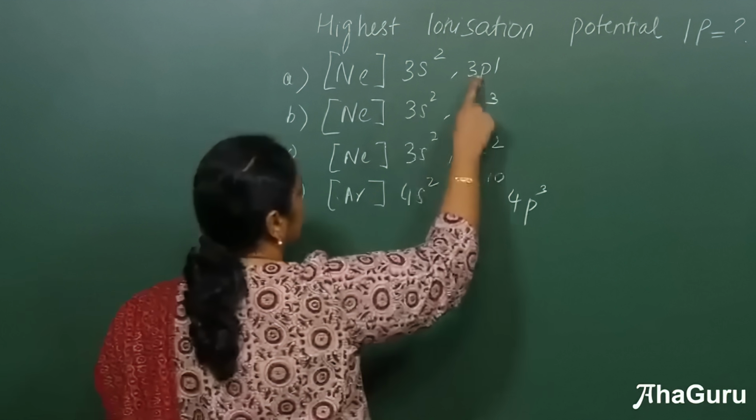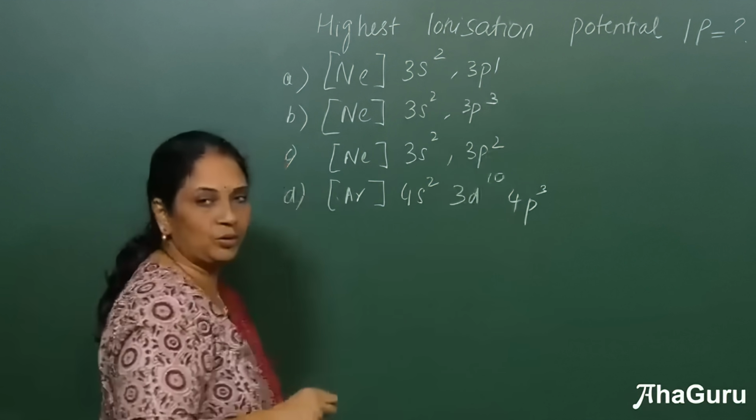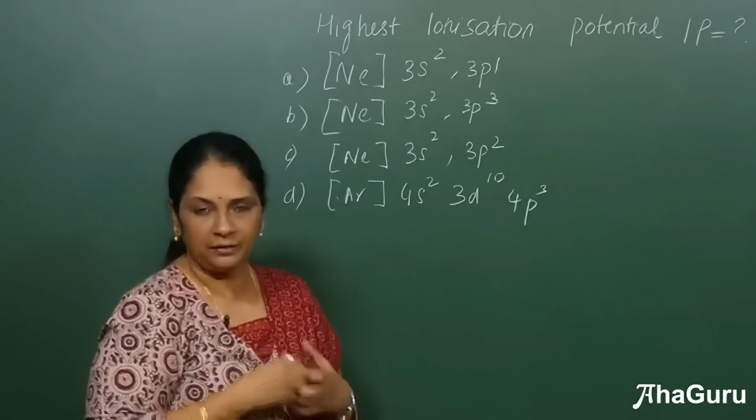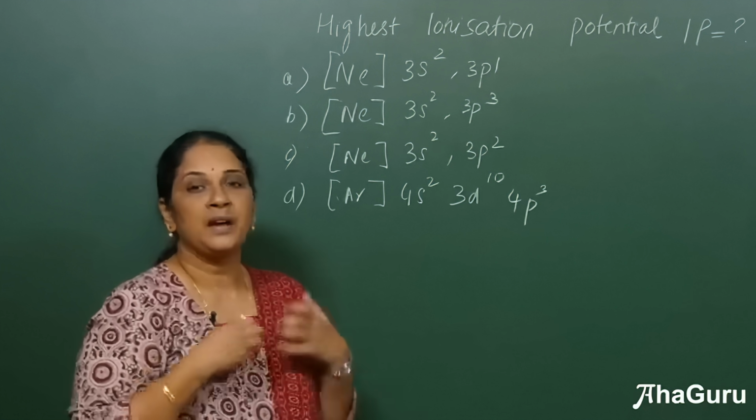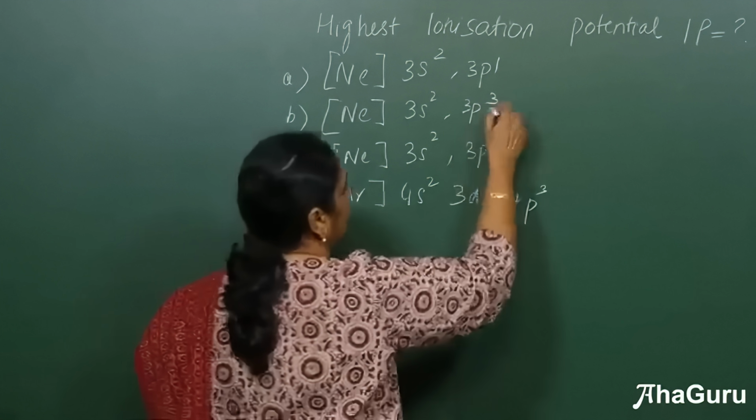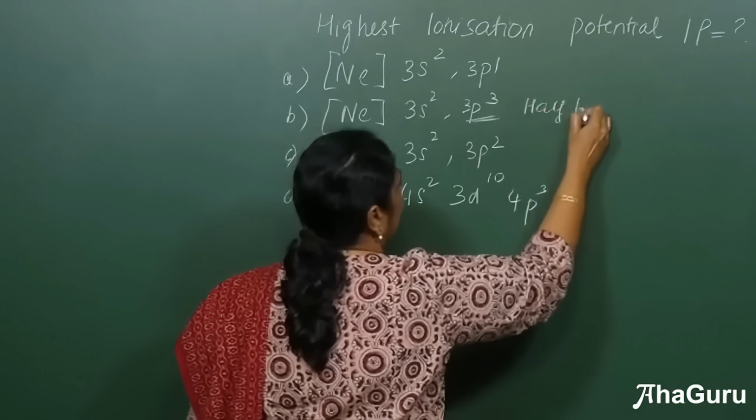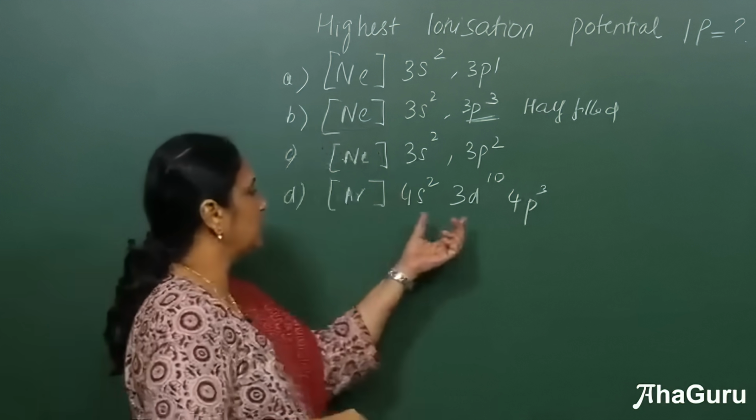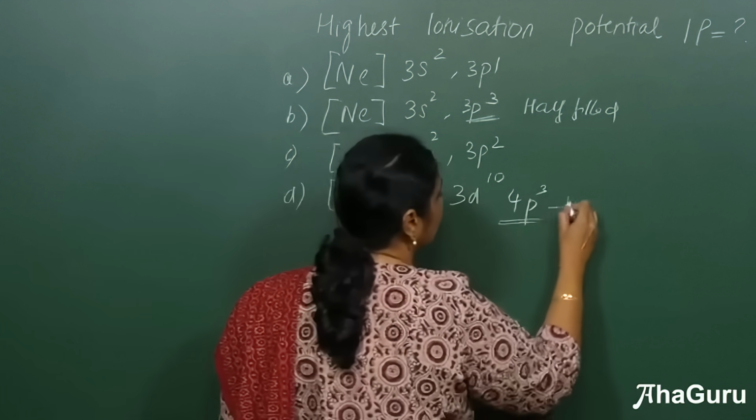So, here the last electron is in p1, here p3 and p2. I have already told you that when the subshells are half filled or fully filled, it is very difficult to remove the electron because it will be highly stable. So, comparing all these, this is half filled, p3. But you have one more example here, 4s2 3d10 4p3. If you see, this also is half filled,